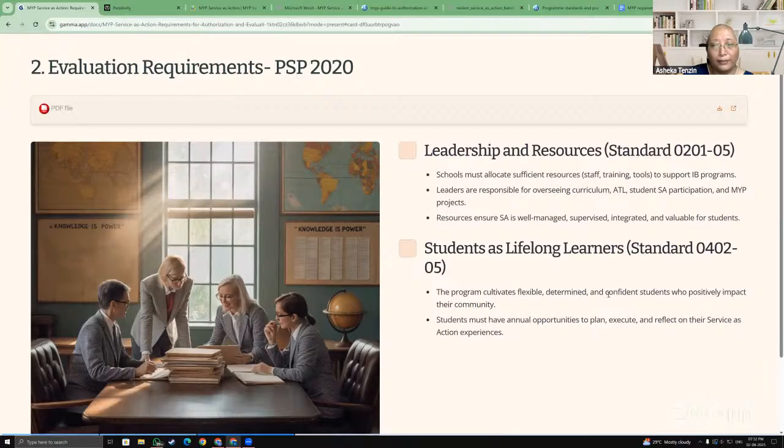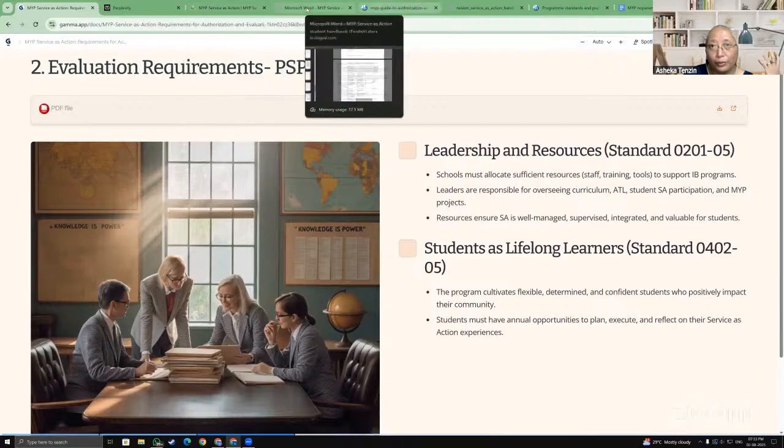The program cultivates flexible, determined, and confident students who positively impact their community, and the students must have annual opportunities to plan, execute, and reflect on their services action experiences. So over here too, they are talking about some activities for service where the students will reflect and they will plan and they will create a proposal. So if you look at